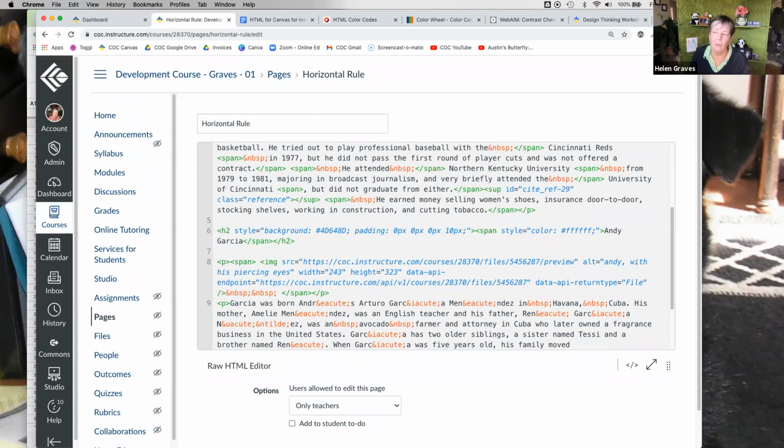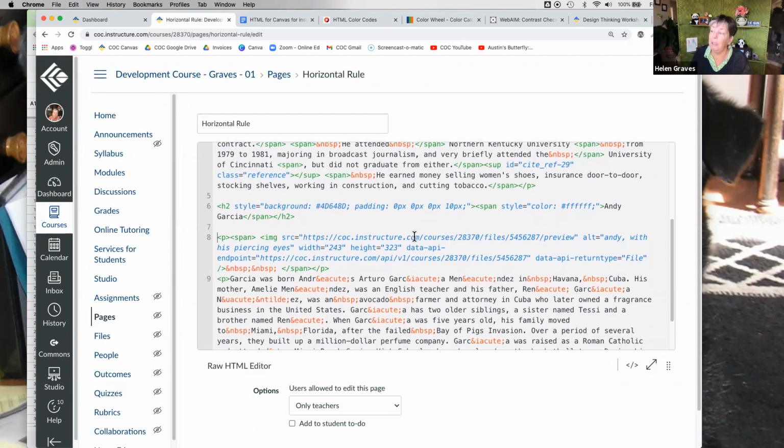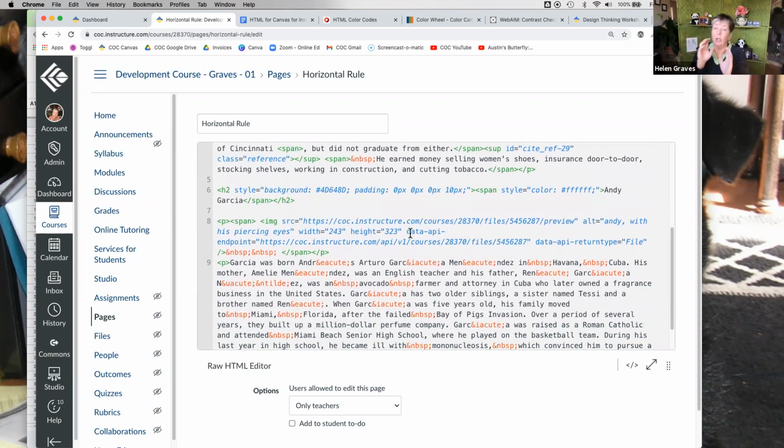What else do I want to say about that right now? Two things. One, color in HTML is always indicated with a 6-digit hexadecimal code like this. And it always starts with a pound symbol. Padding is the space around content that is inside the border of an element. So this padding, as I said, is indicating that there is space between the edge of the border color and the text. Padding is typically written in directionals, and it always starts with the top and goes clockwise.